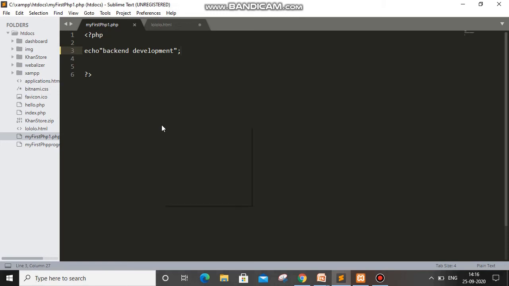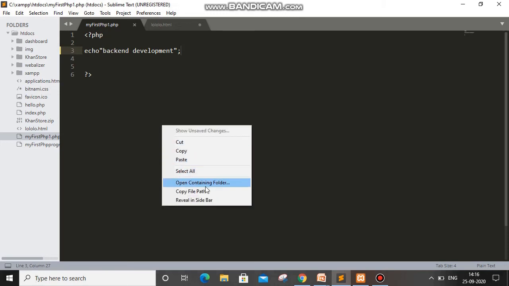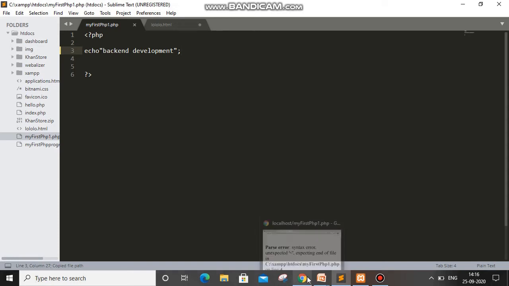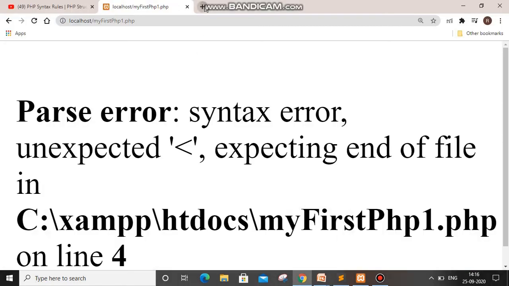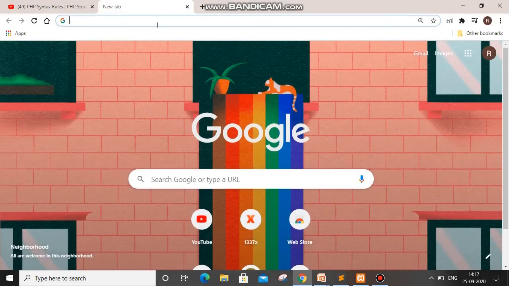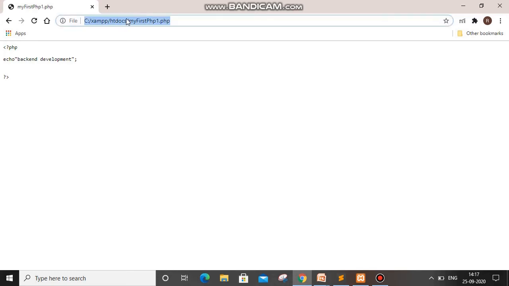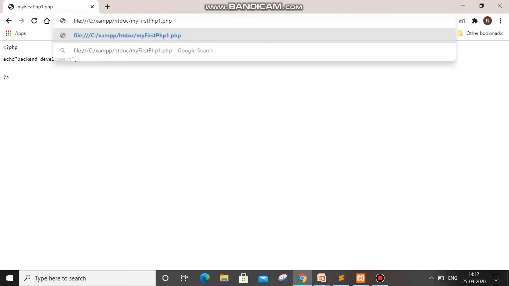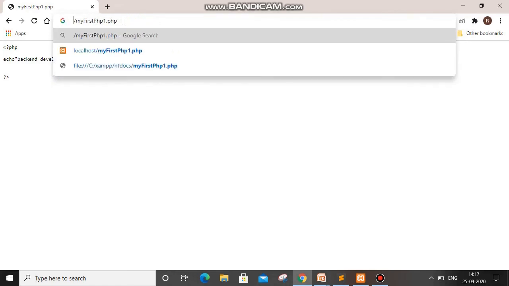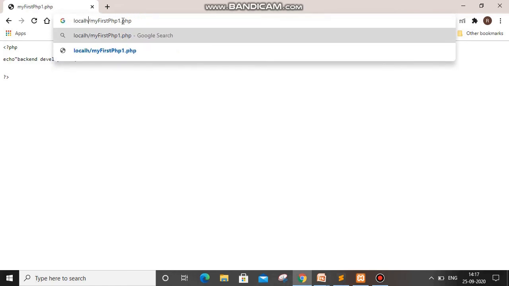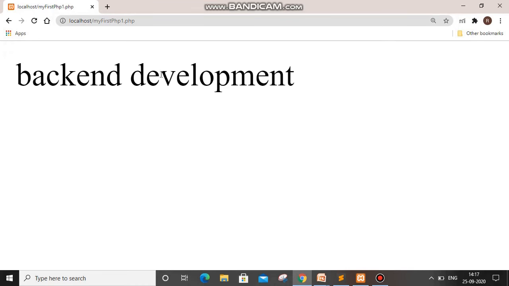So we will copy this file path, and we will go to our browser and paste it here. You can see that this was not our expected output. What I told you in earlier videos is that we have to select from htdocs, omit all these things, and write localhost. That's it. When you give enter, you can see that backend development is printed.